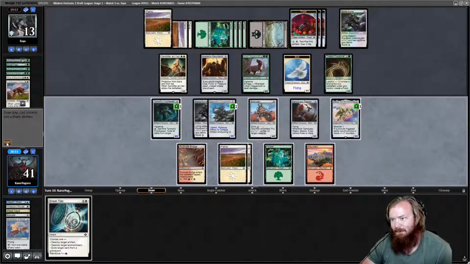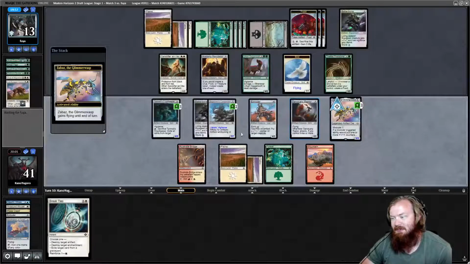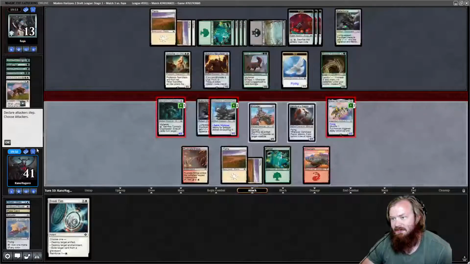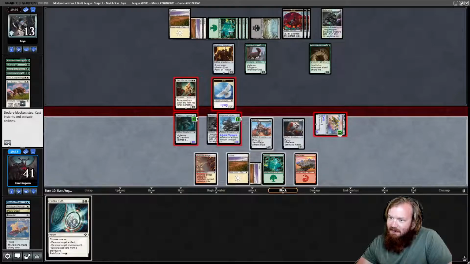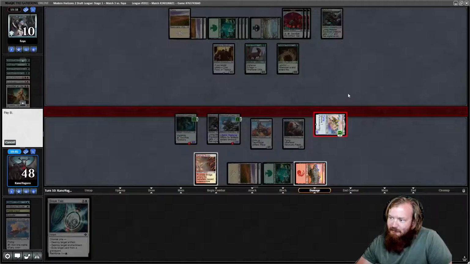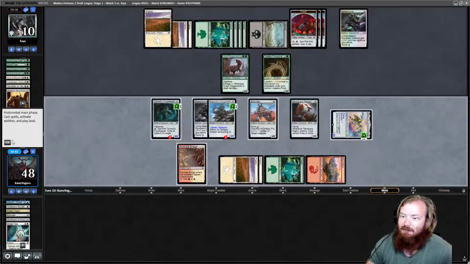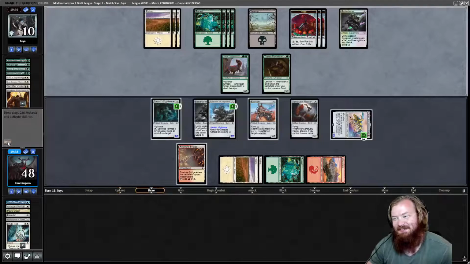We untap. We draw Break Ties. So I can actually Break Ties to kill the Academy Manufacturer, which is pretty sweet. Have Zabaz gain Flying. Go to combat. Attack, attack, attack. Opponent chumps the 7/7, and then they chump the 6/5. Okay. I'm going to destroy the Academy Manufacturer. So this way, they stop getting clues. They have a bunch of food, but we'll just...